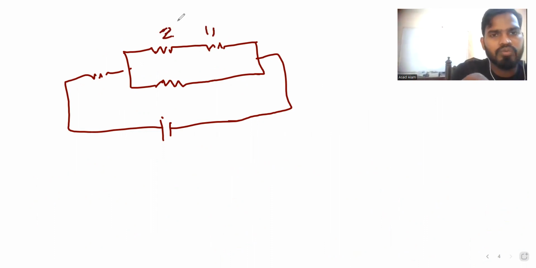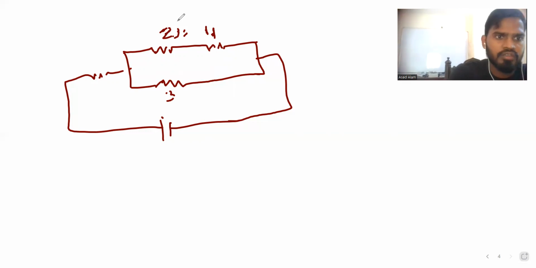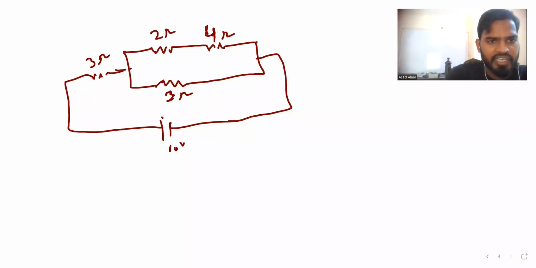Four, 2, 4, everything same. 2 ohm and 4 ohm. And then here is 3 ohm, and here is also 3 ohm. Here is 10 volt. Here is 2 ohm, 4 ohm, and here is 2 ohm. So the first question they are asking here,